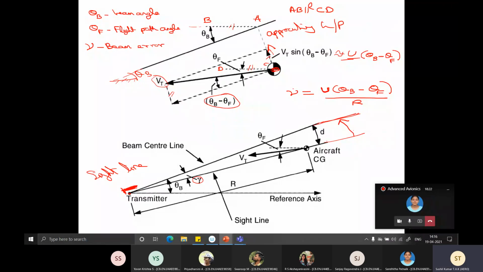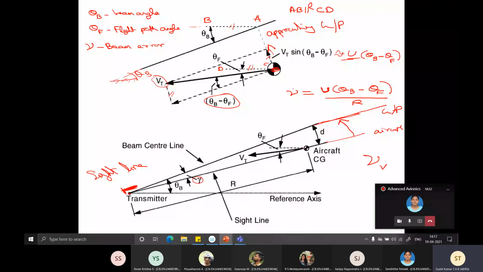Okay. If gamma is zero, it means that Sanjita, can you see this angle? See, this is the glide path. Aircraft is coming at this angle. So the error, the difference between these, is called the beam error. So in case of glide path, we call it gamma V. Okay. So in the generalized case, we call it gamma. So the idea is I'm going to rotate this aircraft in such a way that gamma becomes zero.